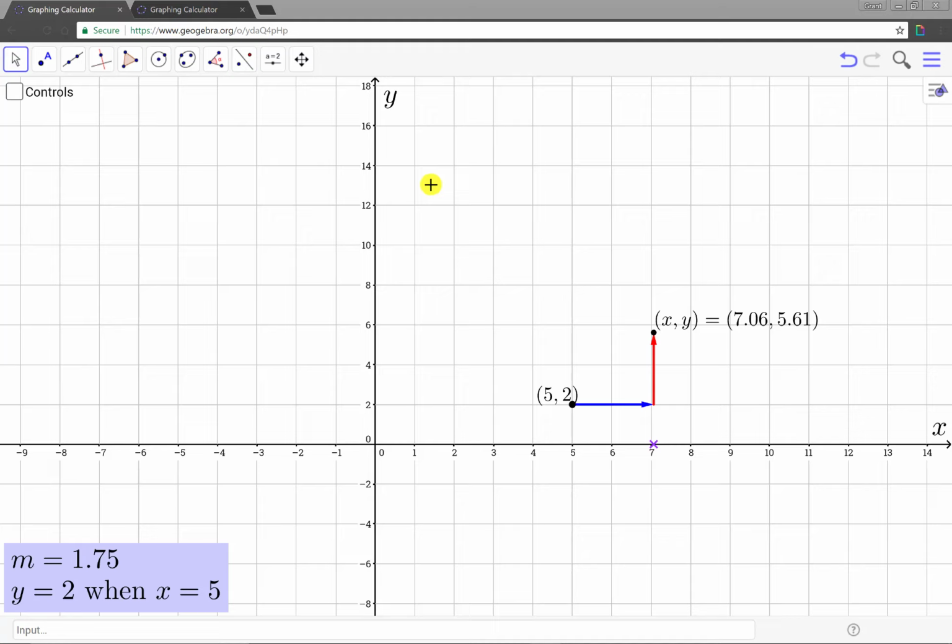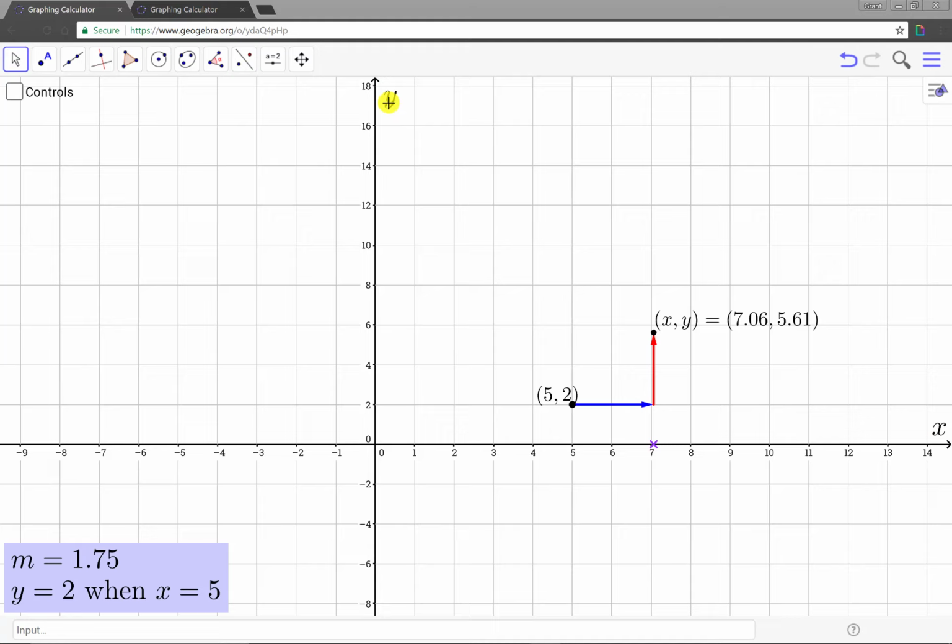For example, suppose y varies at a constant rate of change with respect to x. The constant rate of change of y with respect to x is 1.75. And we know that y equals 2 when x equals 5. Now, since we know that y equals 2 when x equals 5, we can plot the point (5, 2) on this plot. And notice that we have values of x on the horizontal axis